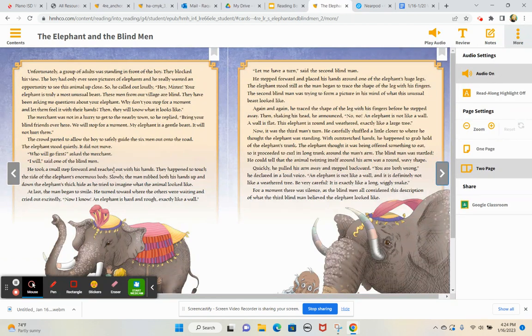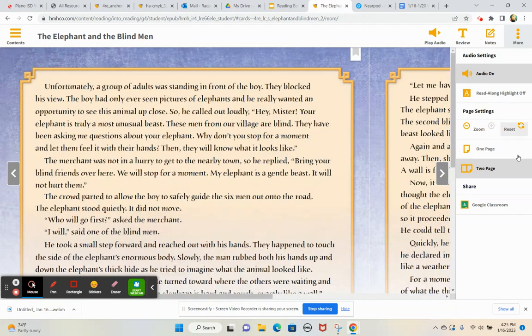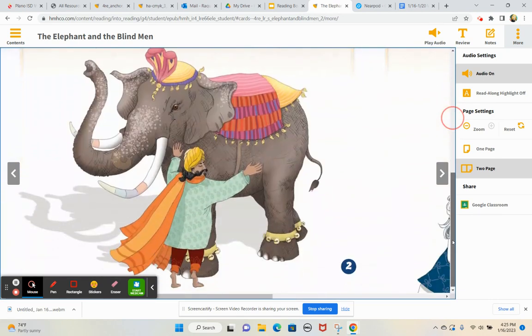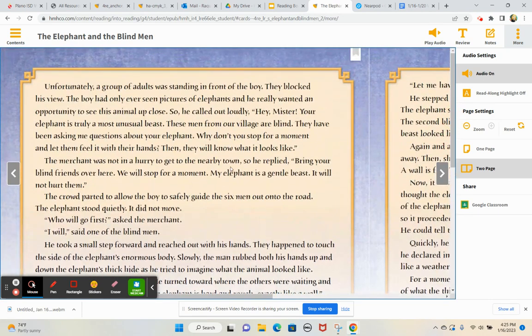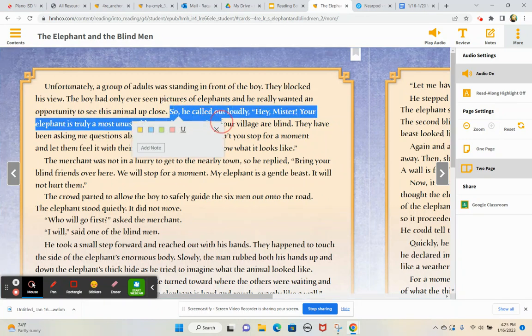And if I'm looking here, I see a spot. I'm going to zoom in a little so you can see better. I see a spot right here in the text, and I believe it's on page 2 of the story. The boy calls out loudly, and he says,